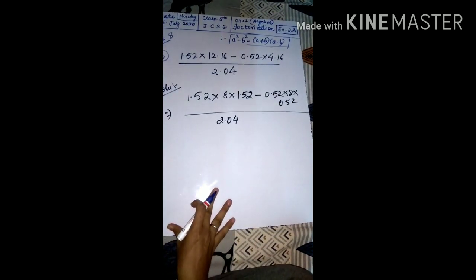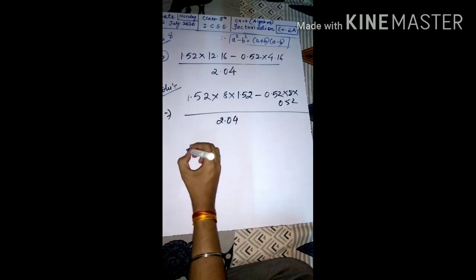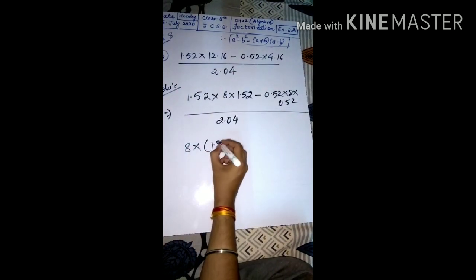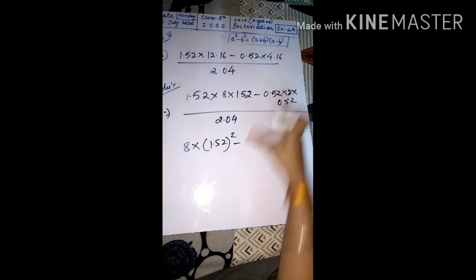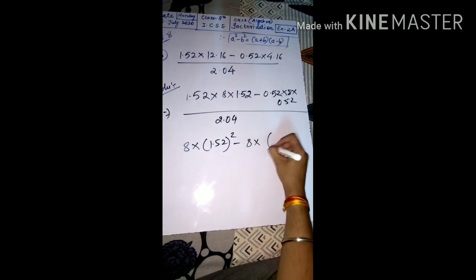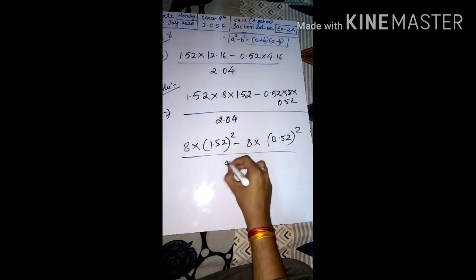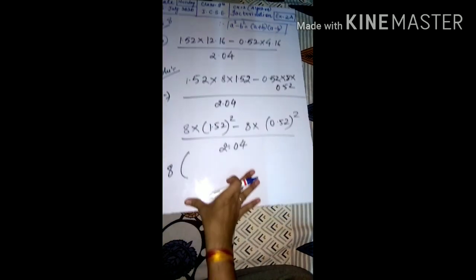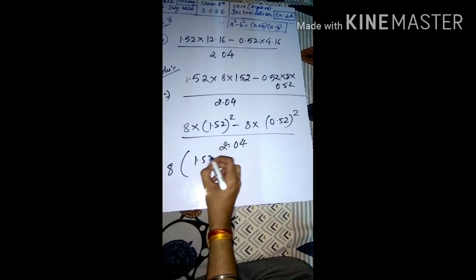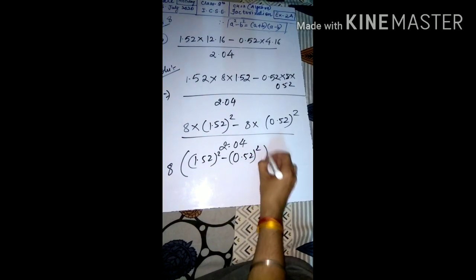Now what we are doing, this 1.52 multiplication, so we can write 8 into 1.52 the whole square. And here also 8 into 0.52 the whole square, whole divided by 2.04. Take 8 common. On taking 8 common, we are left with 1.52 the square minus 0.52 the whole square upon